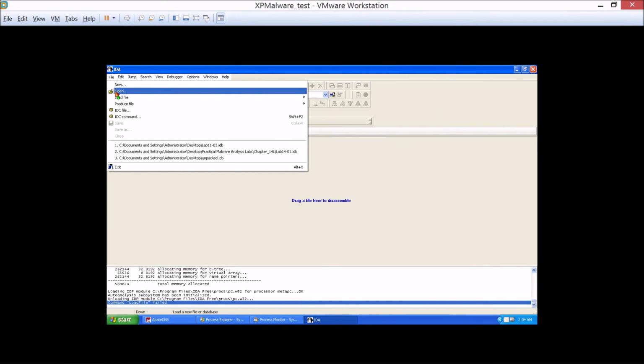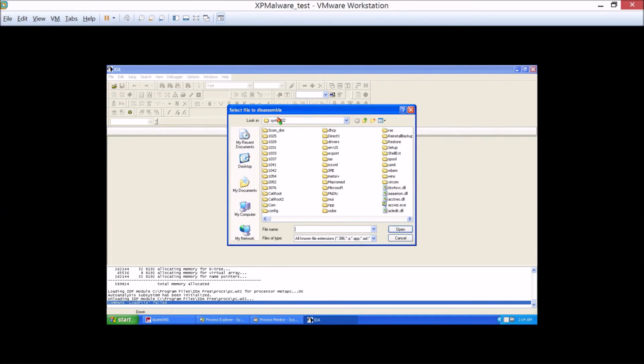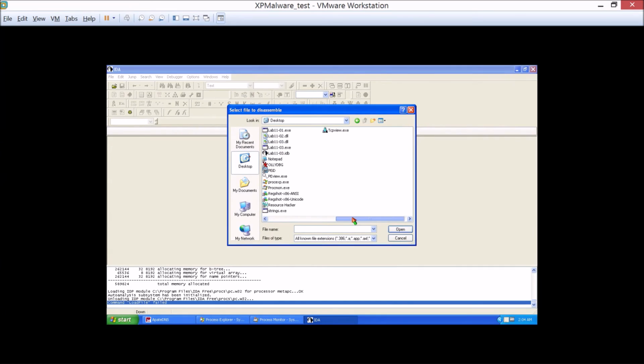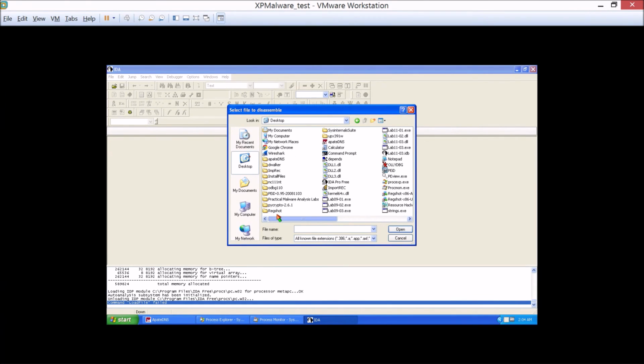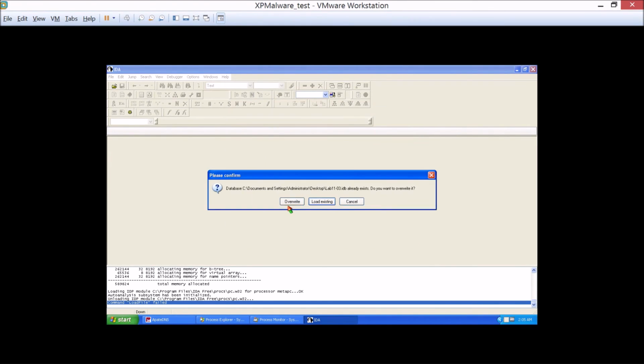But the fact is, I already looked in IDA Pro, and that's what led me towards that kernel32. I read the question, where does the malware store the data it collects, and then I realized that DLL it was referring to could be the log, because there is no other file. So it is the log. But if we go into Lab11-03.dll,